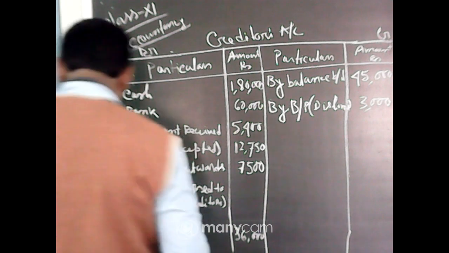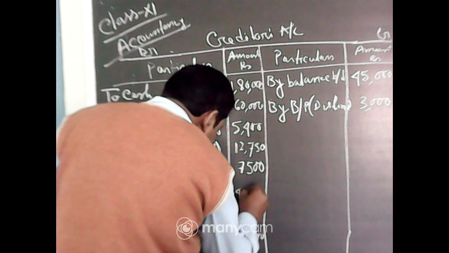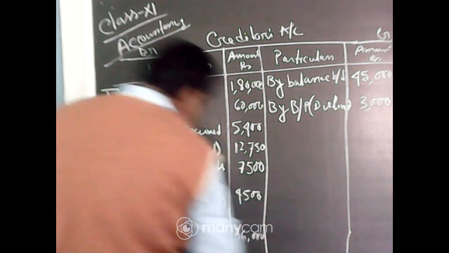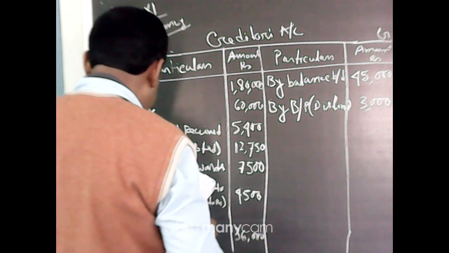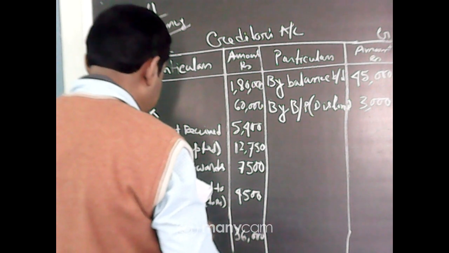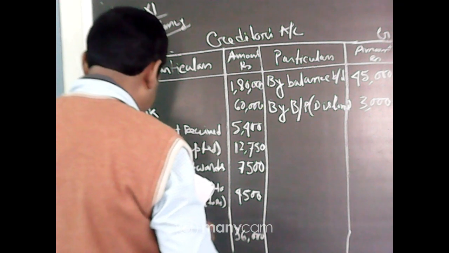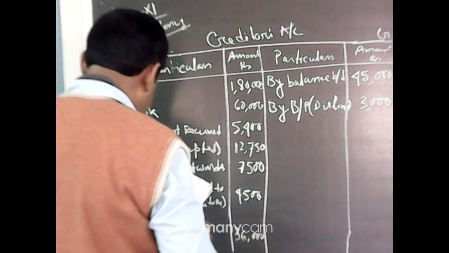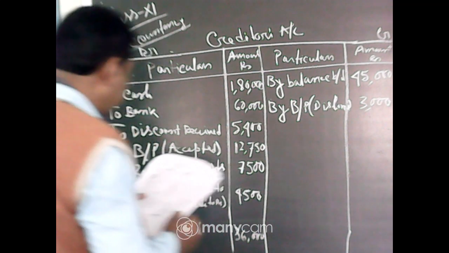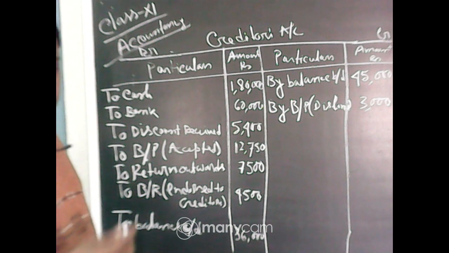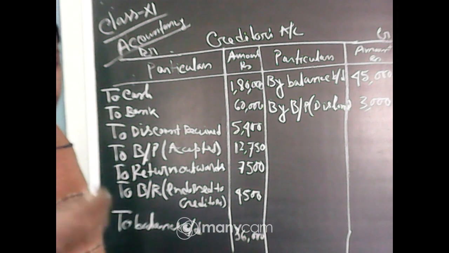What is the amount? That is 4500. Now next stage, bills receivable endorsed to creditors again, but bill receivable endorsed to creditor dishonored. This time, a bill receivable you endorsed to creditor, but actually this is dishonored, means the